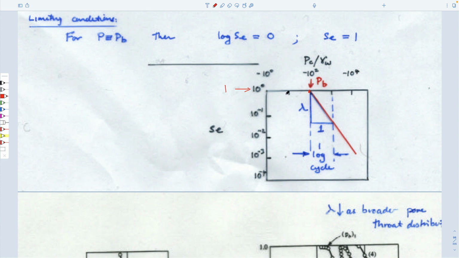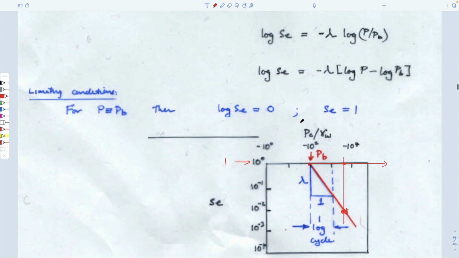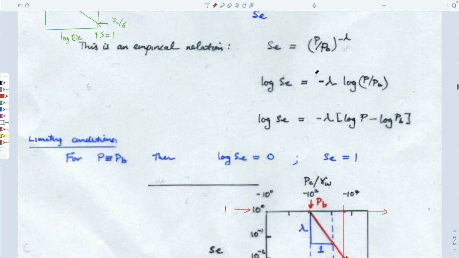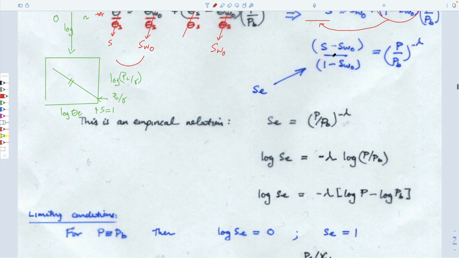And as we increase the capillary pressure by going in this direction, then we slowly move down this curve. So if we go to this particular pressure here, we'd find ourselves at a location on this curve. And so that's what this equation is merely saying. We can identify this as being this relationship. We take the log of each side